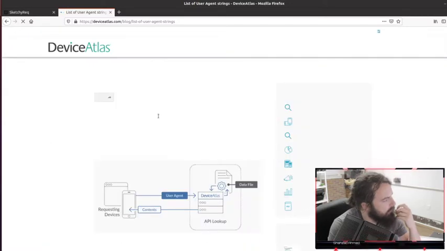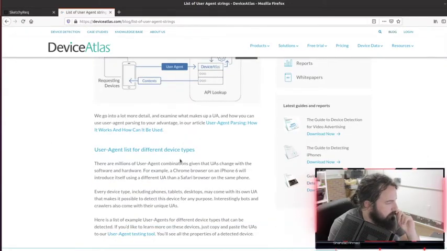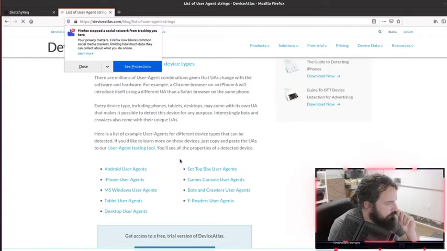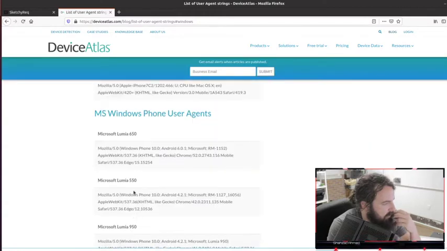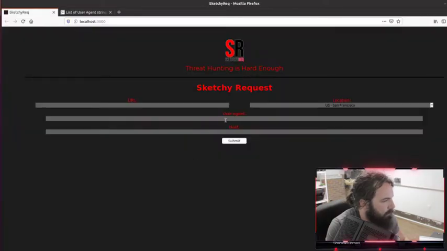That's what we're looking for. Let's just do Microsoft Windows user agents. So let's take just a generic one. We'll throw it in here. So realistically, we can shrink this a fair bit. So let's go ahead and do that.